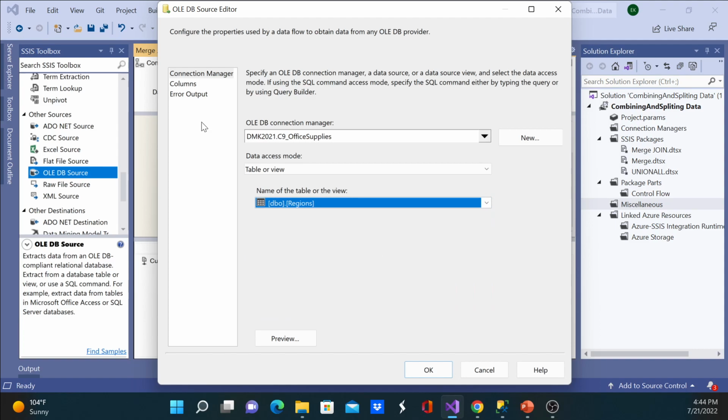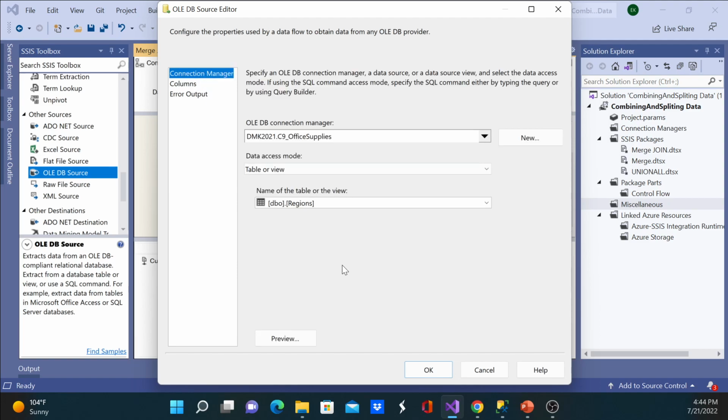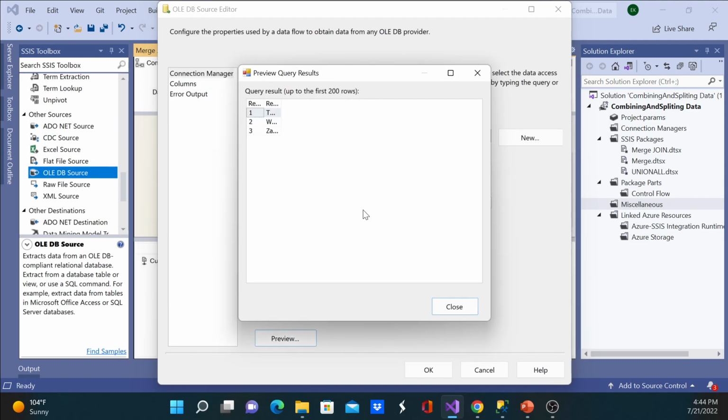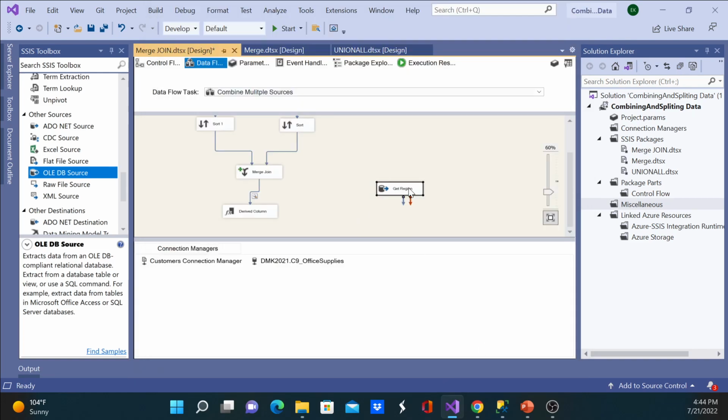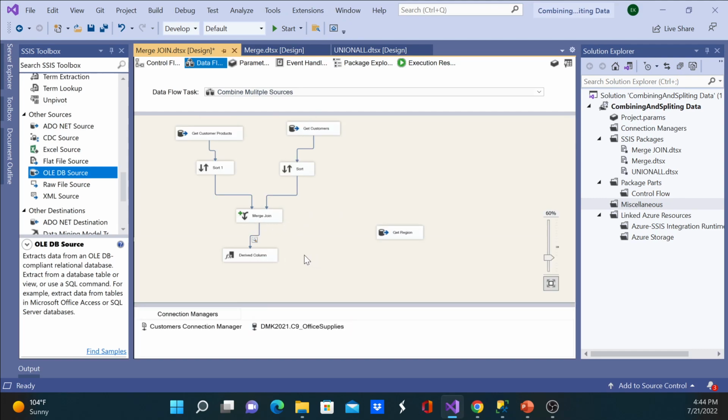So I'm combining or joining another table here, and I can see I bring both of the columns, region ID and region name. I can preview the data. I have 3 regions. I'll click OK. That's good. Now I'm going to go ahead and add another